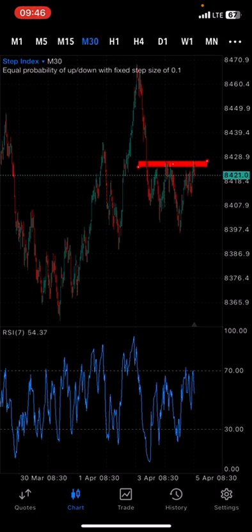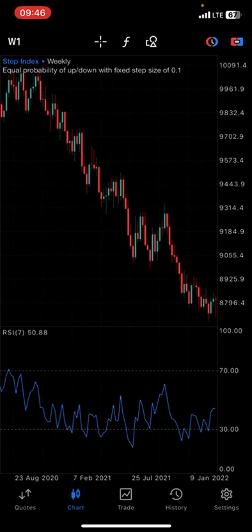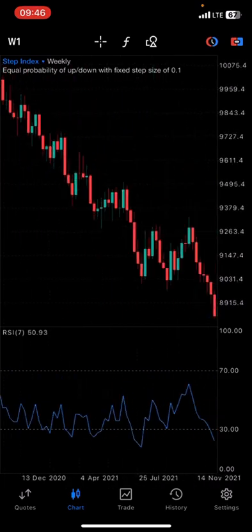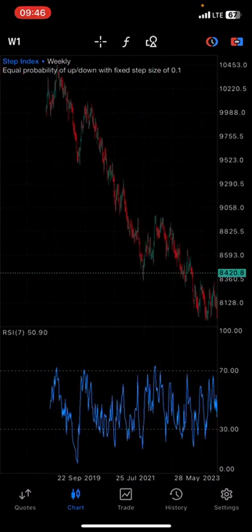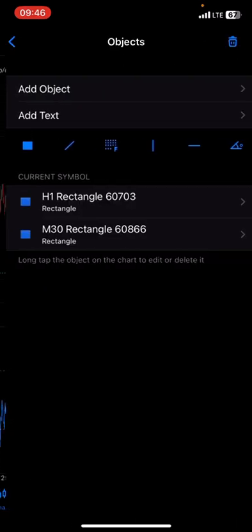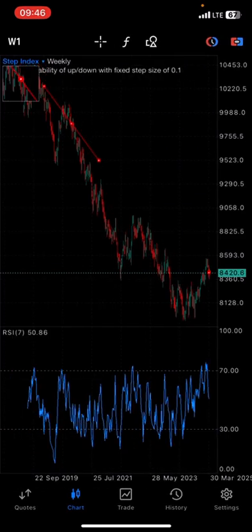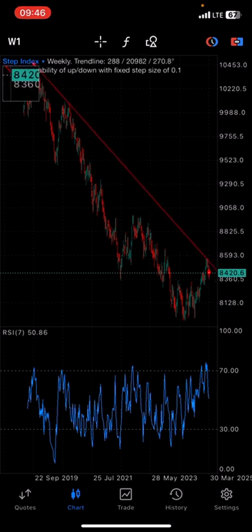So the first thing you want to do is go to the highest time frame to understand what the market is doing. So listen, I'm going to go to the weekly time frame. So this is the weekly time frame. The next thing I'm going to do is pull out my trend lines. I'm going to draw a trend line touching as much as I can on